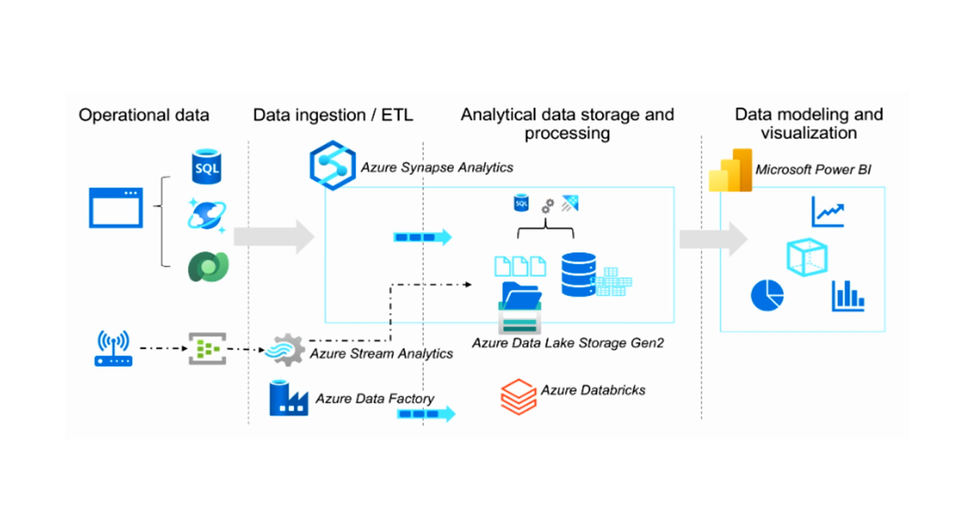Receiving the data from the operational data into the data lake storage can be done using an ingestion process, where you create a pipeline, and that pipeline is configured to retrieve the data from the operational system